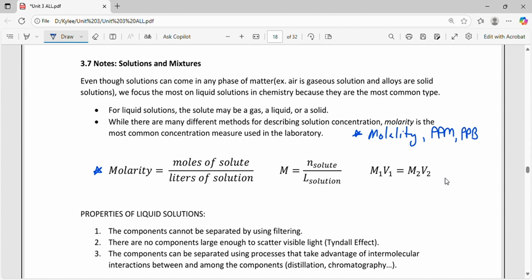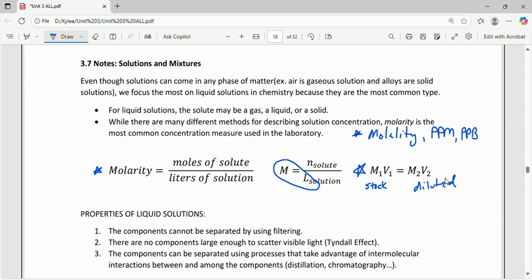And we can also remind you of when we do a dilution, we often use M1 V1 equals M2 V2, where M1 and V1 represent the initial solution. Sometimes the initial solution is called a stock solution, and M2 V2 are the diluted solution. The reason that we can make this equation work is because when you dilute, the number of moles stays constant. And if the number of moles stays constant, you can get molarity times the volume and then set those two equations